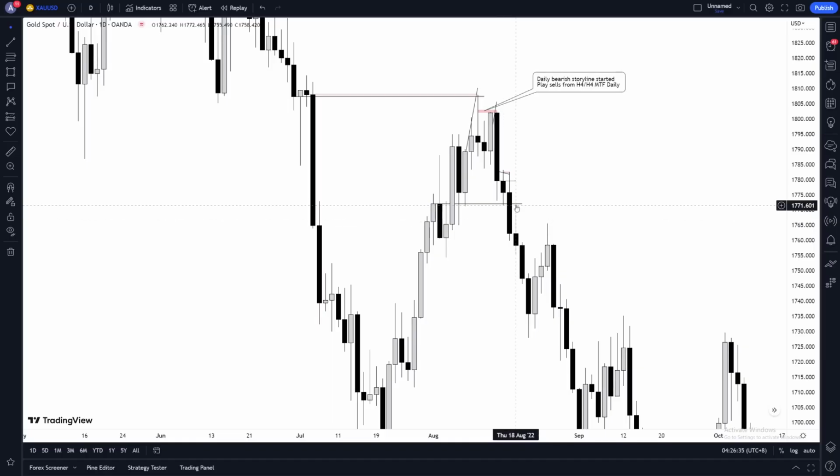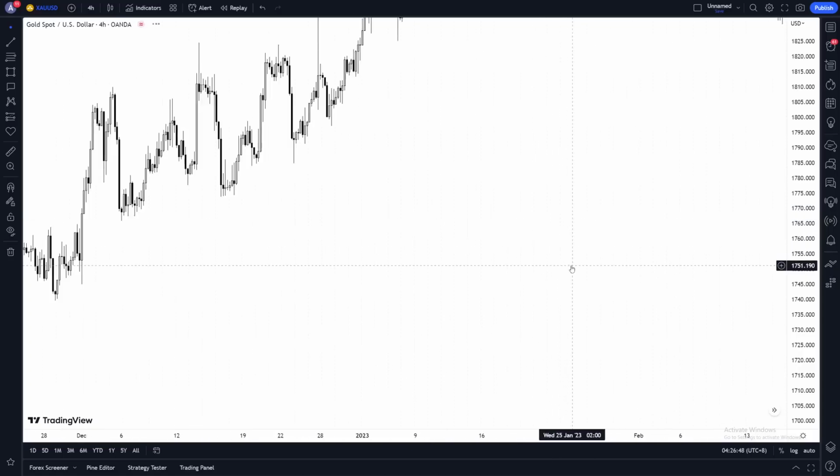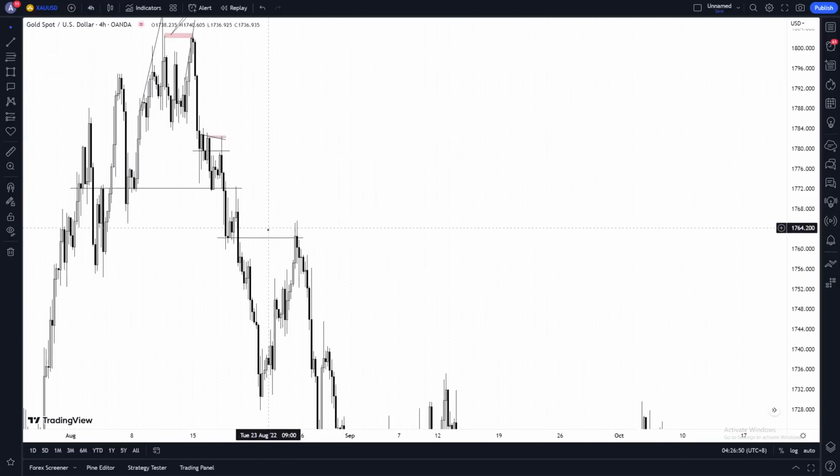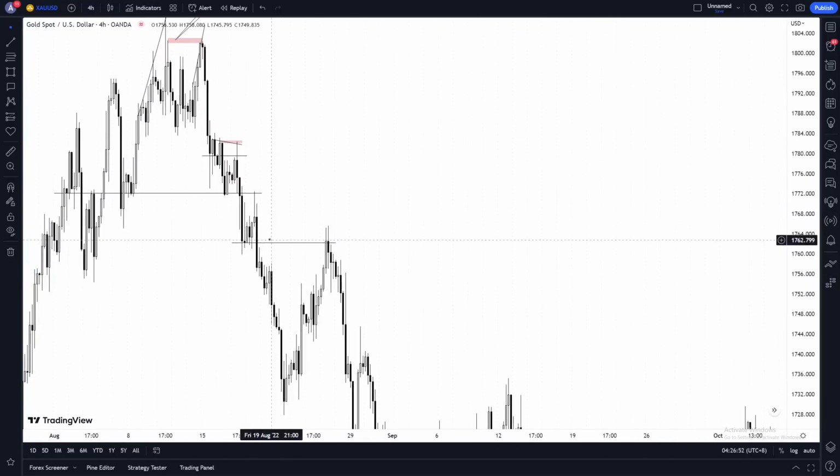So how do I deal with this? Oh man, I missed that trade. I wasn't too sure. I missed that trade. Don't worry. Daily reject daily. Again, it happened. And as a result of that daily reject daily, we have a new daily resistance. We look at the H4. Anything interesting on the H4? Oh, new daily resistance. Anything interesting? So this is once that daily rejected daily. Oh man, I missed this trade. It was so beautiful. I missed it.